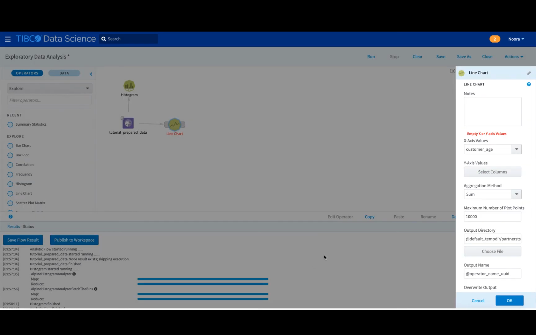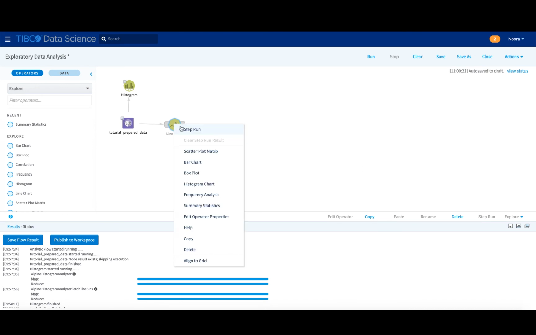But I want it not to be the sum, I want it to be the average. So I'd want to know roughly what is the average tenure that someone has been with us based on their age. You can do other aggregation methods, of course, but this is the one I'm going to go for in this example. So I press OK